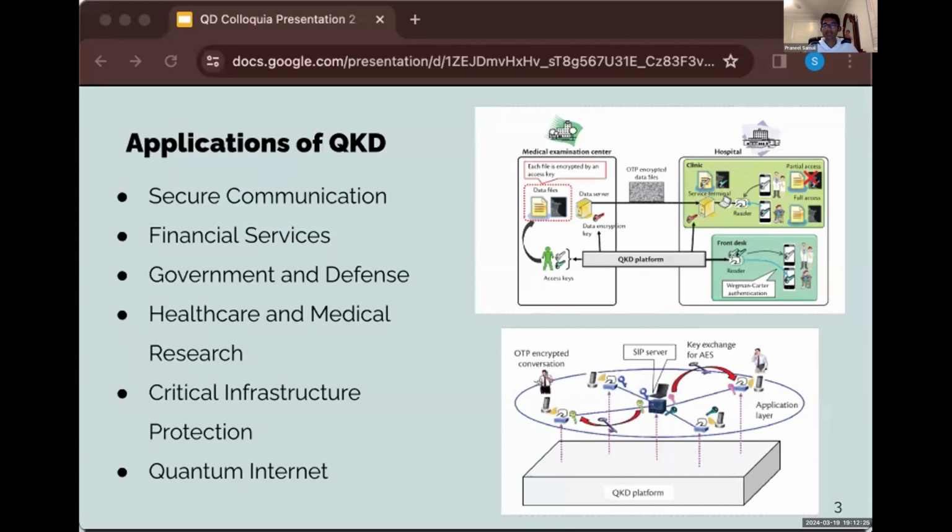Because of these two factors, potential applications of QKD are everywhere. Wherever secure communication is required, QKD can be applied. For example, in financial services, governmental and defense applications, medical research, and protection for critical infrastructure. Additionally, QKD will undoubtedly serve as the backbone of future quantum communication networks. One such example is the quantum internet, a planned system of quantum computers that will be able to send, receive, and compute information that is encrypted in quantum states.